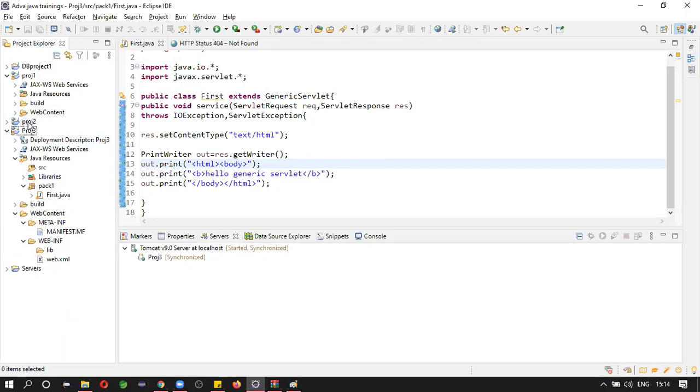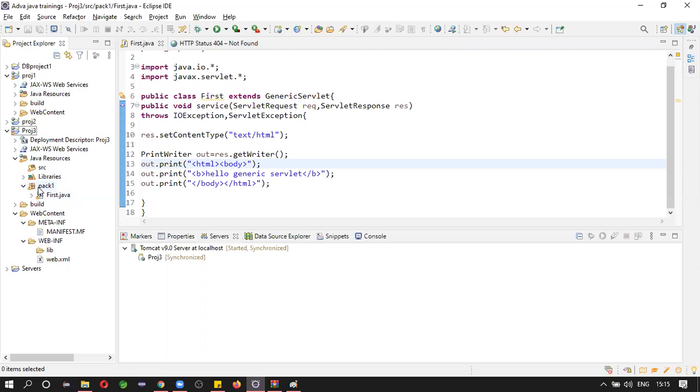Actually, we write source code in the source folder. Here I wrote First.java. Basically, we create the packages and write all the Java classes.